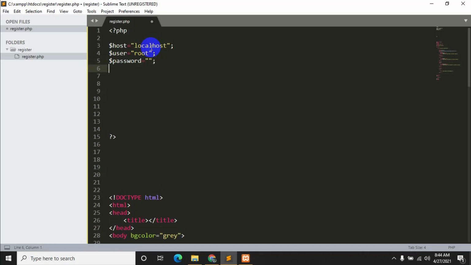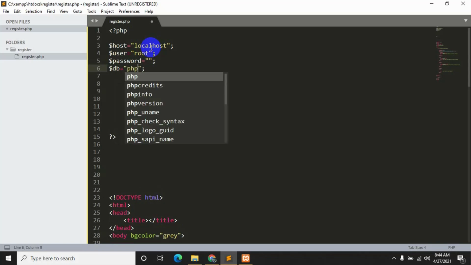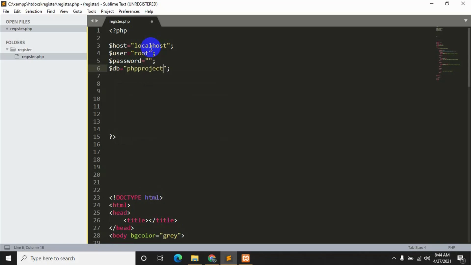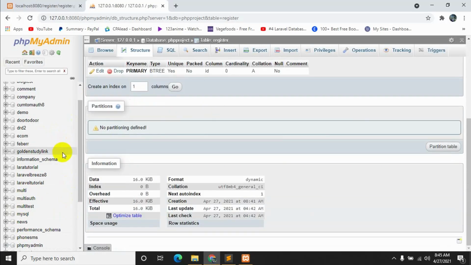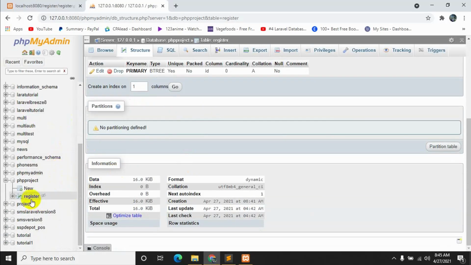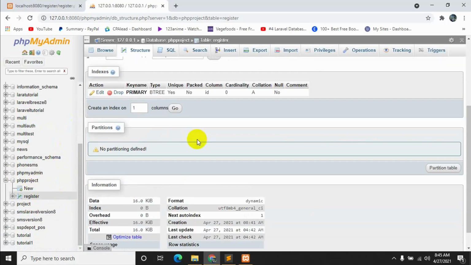Okay, password is null. After password we need to write our database name. So we'll say $db is equal to our database name, which was php project. You need to write it exactly as in the database. So here you can see php project is our database name.